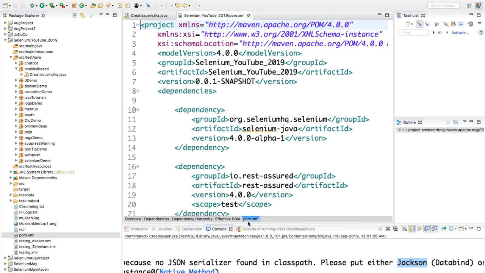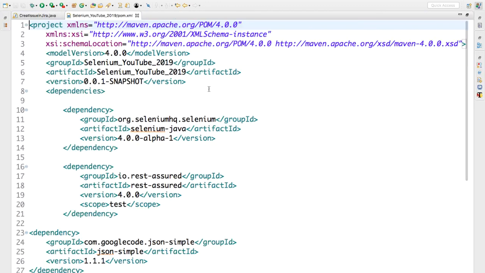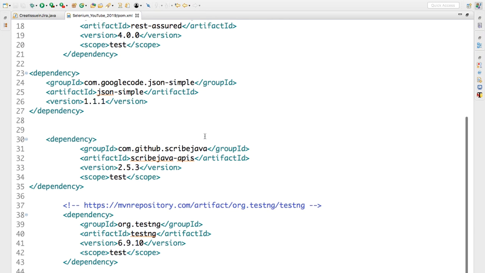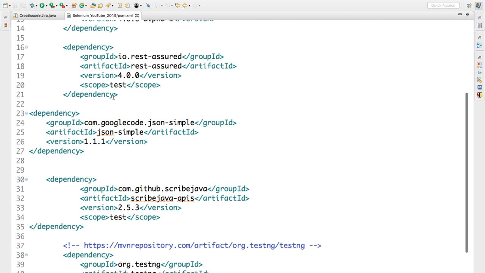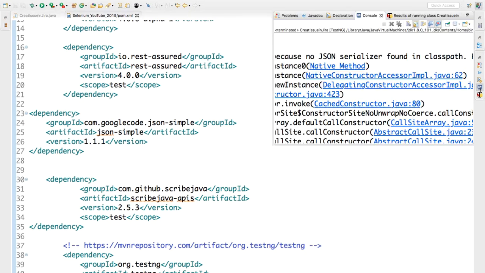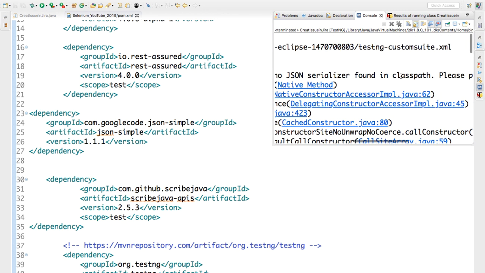Just a second, let's check the pom. Okay, we don't actually have it. So let's search. Let's open this and